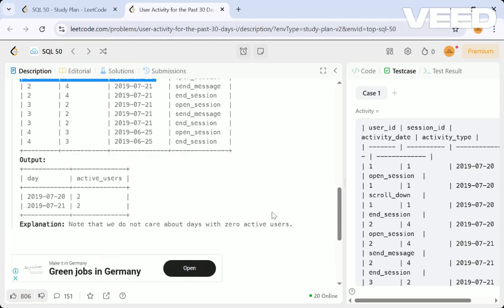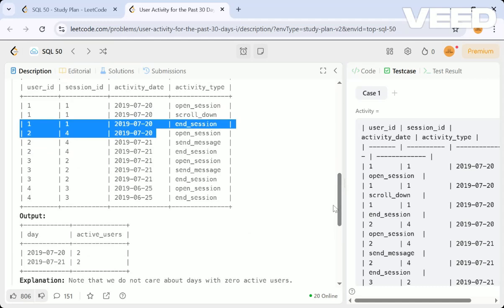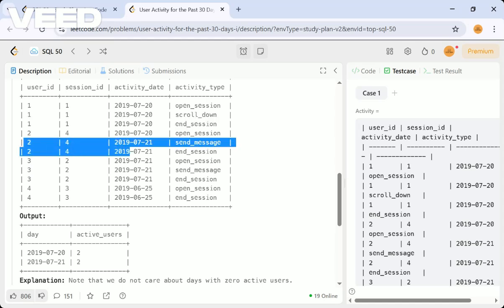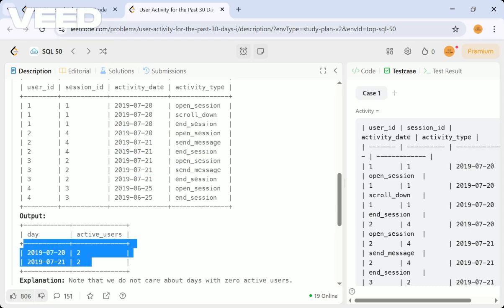Note that we don't care about the days with zero active users. So zero active users, we don't have any concern on those. So 1 and 2 will be active on 20th date, so that is two active users. On 21st, the second user and third user are active, so that will be two active users on both days. So this is how we can take the active users.